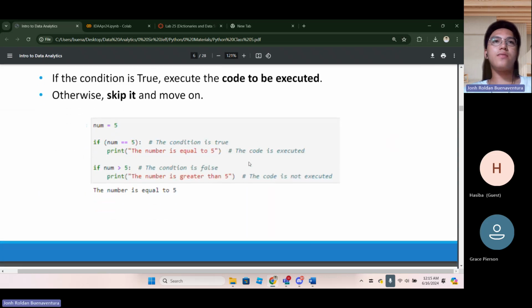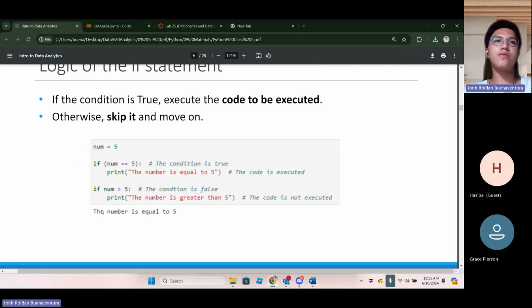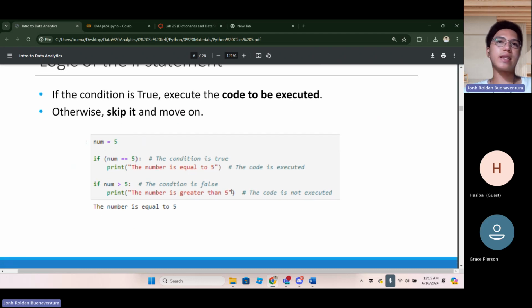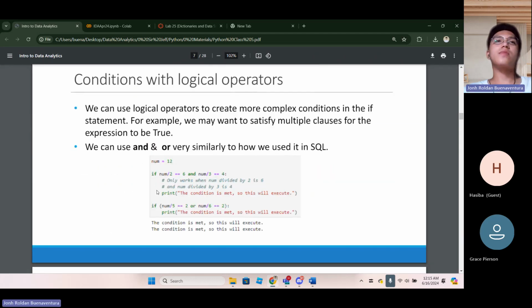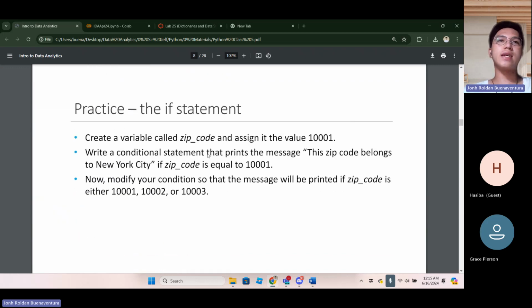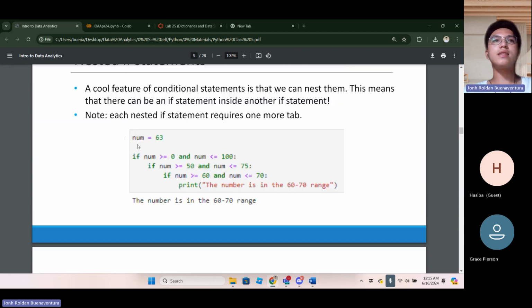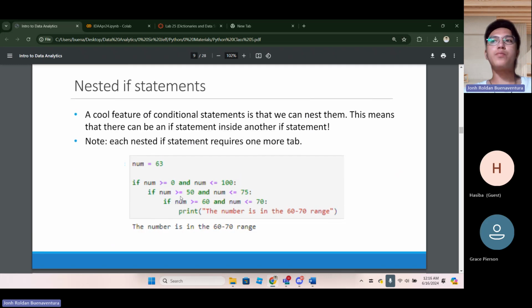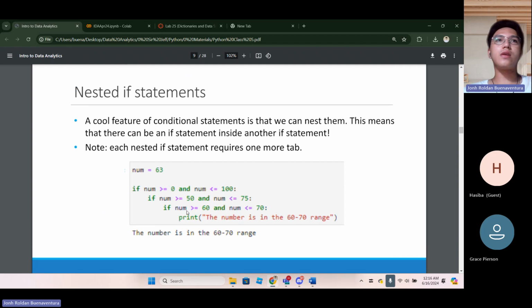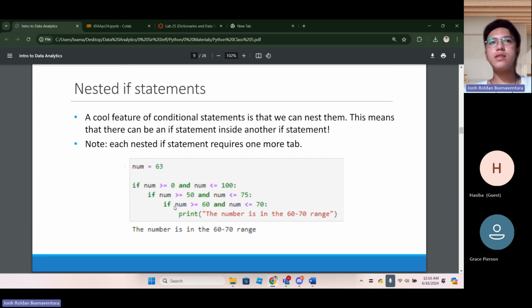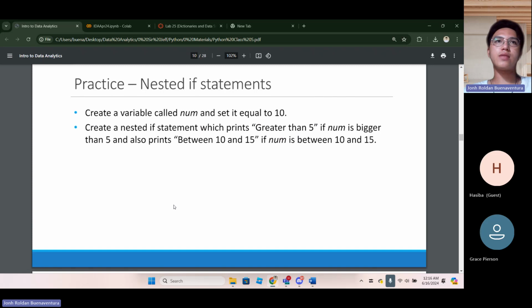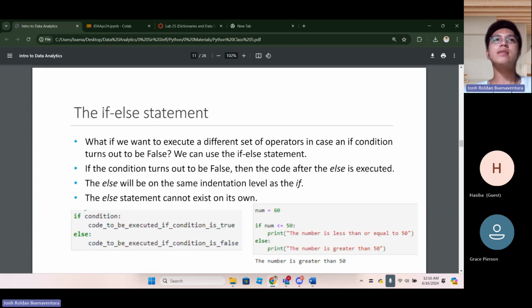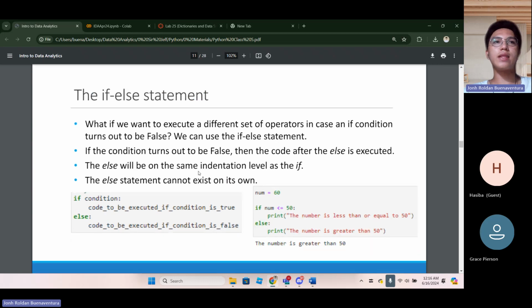If the value is false, the line under it will not run. It will not be executed. We also have and, or. We have discussed that. What else? Nested if statements are important to learn, important to have a background on, but they are not commonly used because, as per our instructor, they are prone to a lot of errors. That's why the if-else statement is recommended.